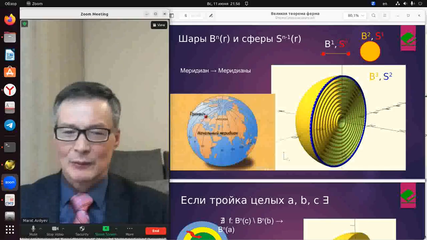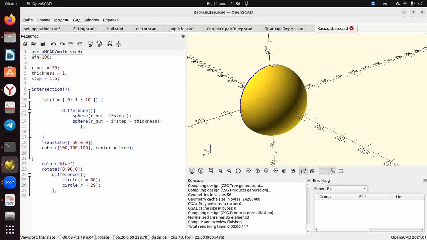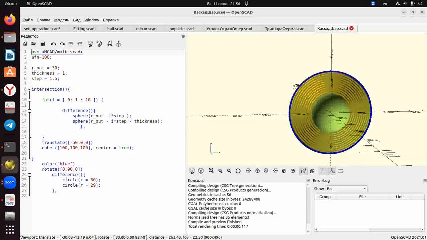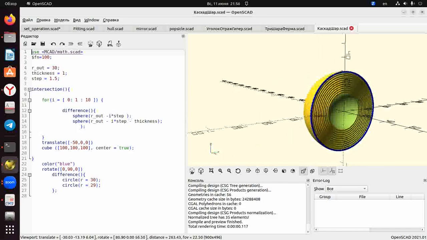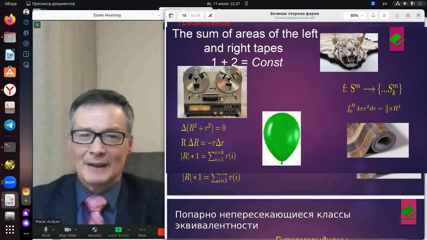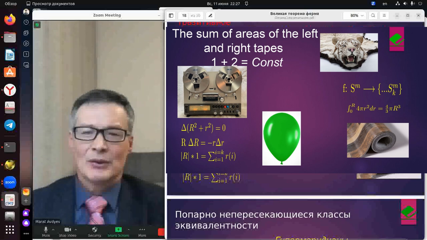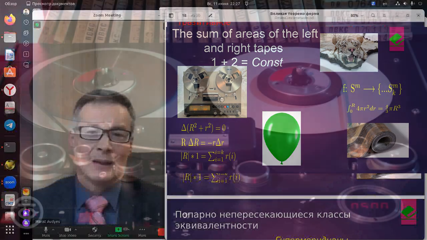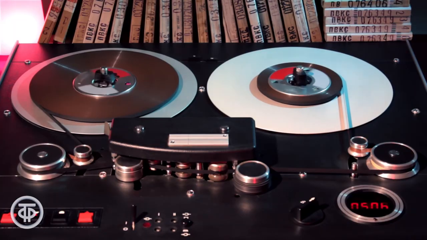These are hypermeridians. What happens when they are continuously mapped into a set of other spheres, following sequentially from the radius of the mean to large or in another interval of radii, as in the drawing obtained earlier by 3D modeling? The simplest case is illustrated by the good old reel-to-reel tape recorder, where the tape is rewound from the left reel or spool to the right reel or vice versa. In this case, the sum of the areas of the tape circles on the left and right remains constant and is equal to the thickness of the tape multiplied by its length. Let's assume that we have caught the moment when the tape reel has a larger radius on the left rather than on the right.